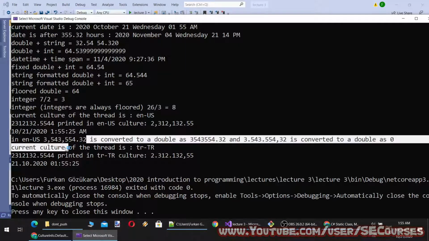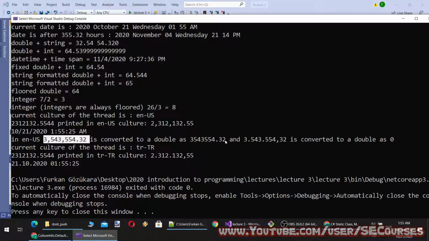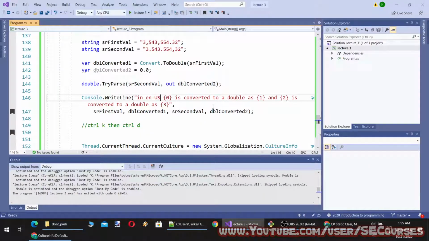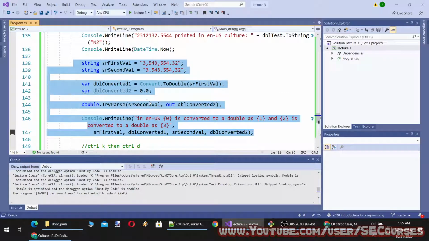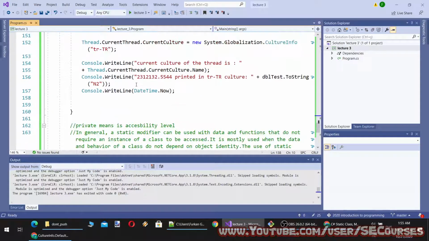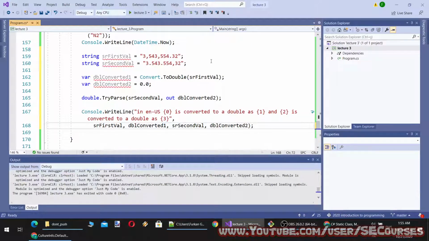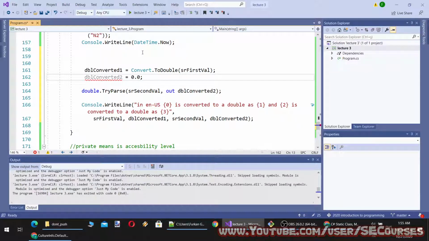Okay, both work. So when I run it, okay, the first parameter, this one, converted to double as this one. So it works. And this one converted to double as 0 because it is not matching. You see the difference? Okay, and in Turkish, the opposite will happen. And let's try in Turkish. Okay, I don't need this. I will just make it like this. And when I run it,